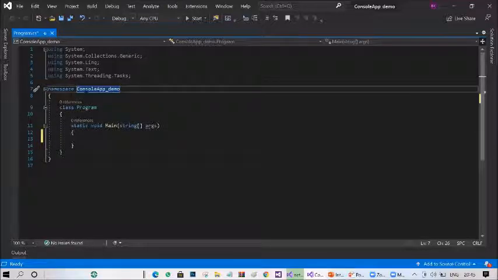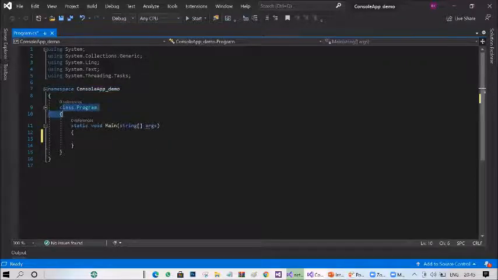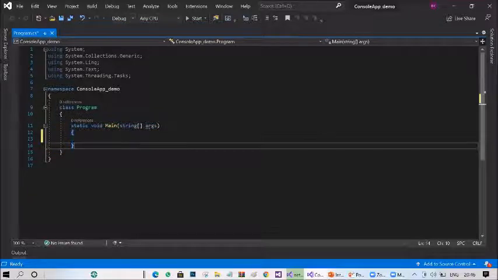Under the namespace, you have a class. Under the class, you have a method. So every C# program will have this structure. If you are creating a Windows application, or a web application or API, anything, you will have this structure defined automatically.